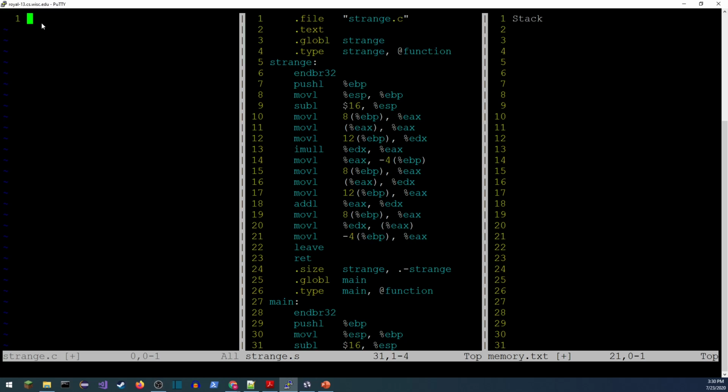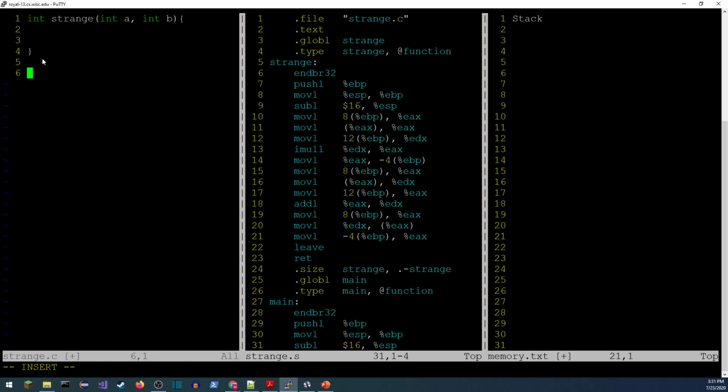All right, so what do I know already? I know I've got a function strange. It likely has 2 parameters, int a, int b. I'm going to guess they're int. We'll come back and check that out in a second. Let me see, what do we know about the return? Did we push anything into EAX? We did. We put something into EAX. So I'm going to guess that we're returning an integer.